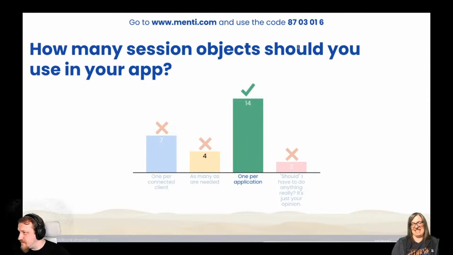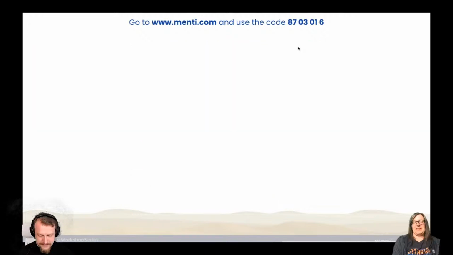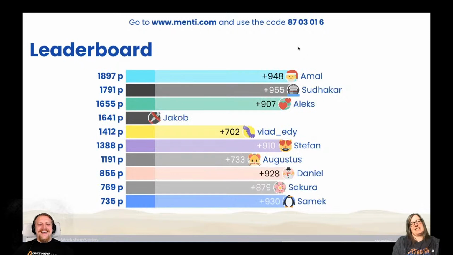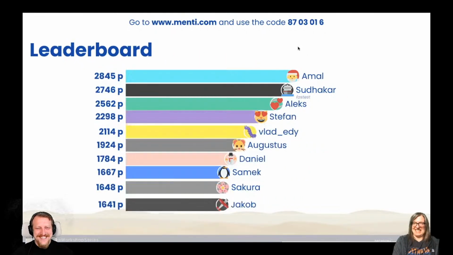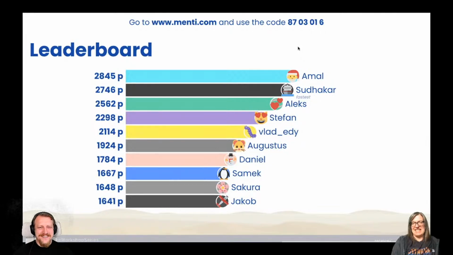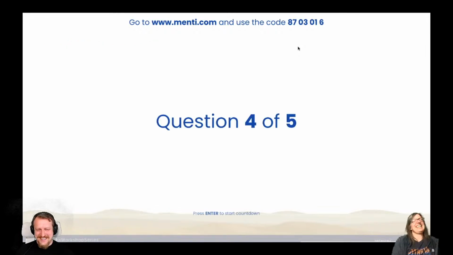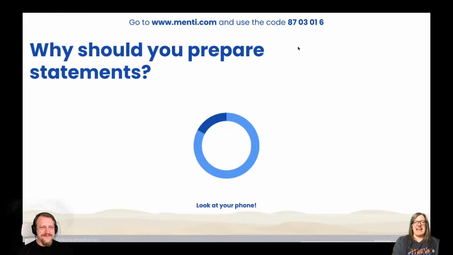Important lesson. Okay. Right, but if you got it wrong, you probably still have a good chance of winning something here. So, Alex, you should really get something wrong for a change. He's too fast. Okay, Stefan, Vlad, Edi, and Augustus, I want you to kick Alex off the third spot. Go do it.